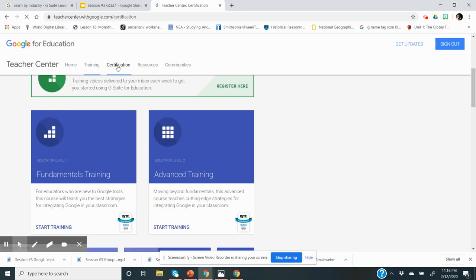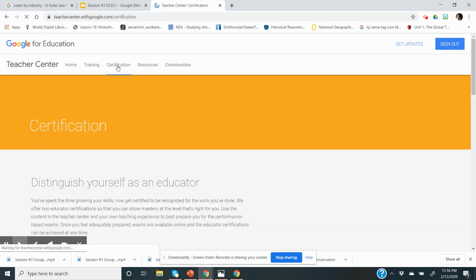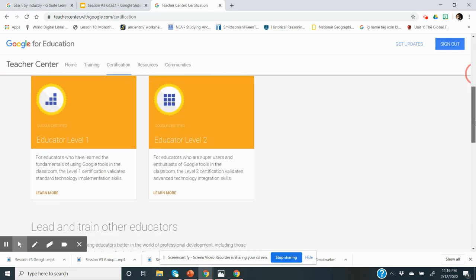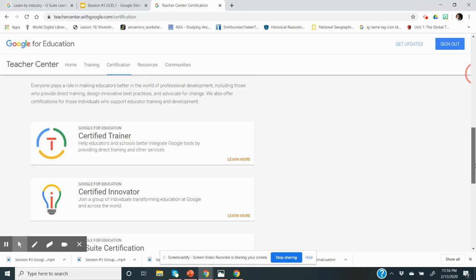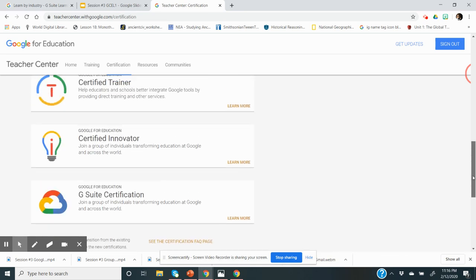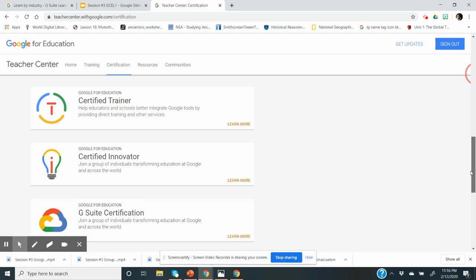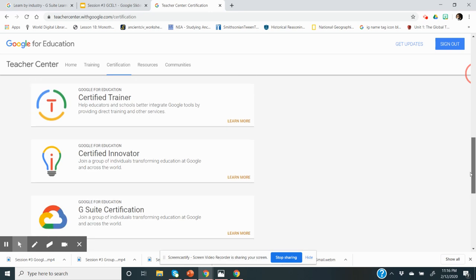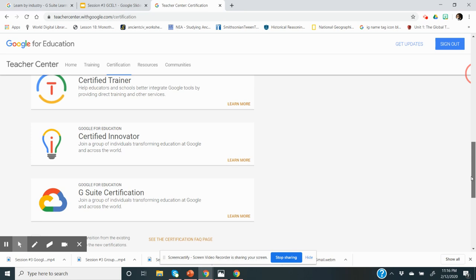And I'll take you straight in there just so you can have an overview. If you haven't had time, here we go. The certification opportunities right here. So we see there's five in all, 5 certifications, and the G Suite certification